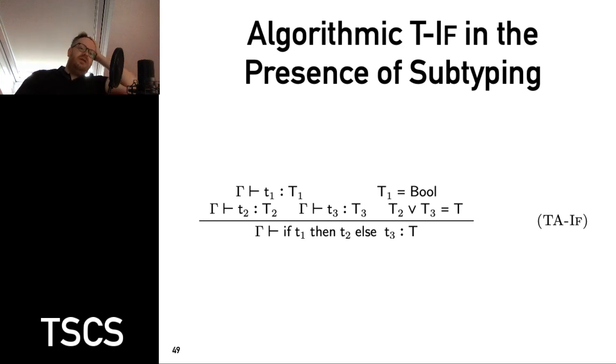So what do we have here? T1 must be of type big T1, which is again Boolean. This makes sense. We didn't change those. And T2 and T3 are of either big T2 or big T3. And now we need to bind these two together and say, okay, how are those types related to each other? Well, the join of both types is a type called T, which is then the result type of the whole